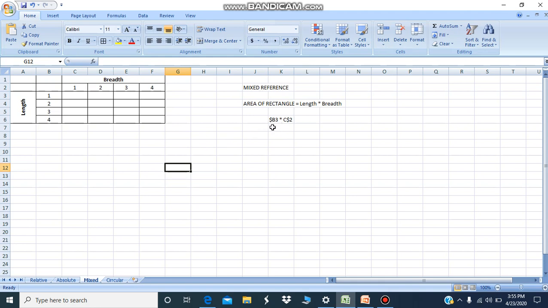You can see column B has absolute reference while row 2 has absolute reference. By entering the formula $B3 into C$2, you can find the result, and with the help of fill handle you can find the rest of the values of the sheet.